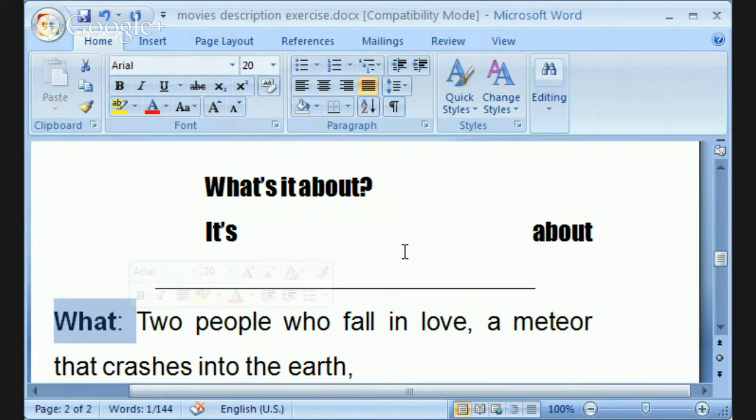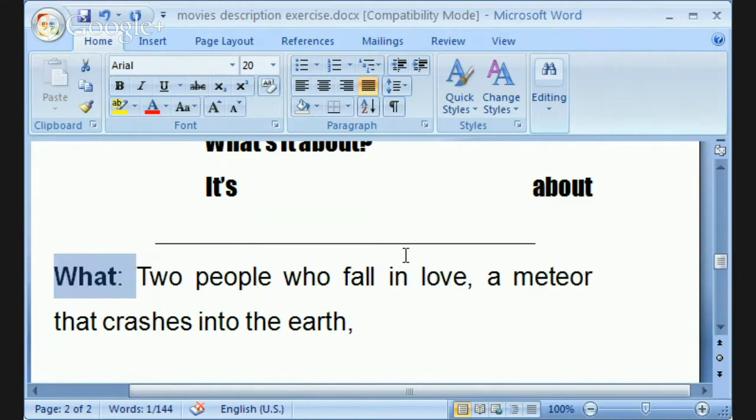If you're doing any of the English speaking tests, the standardized tests like TOEFL or IELTS or any other test like that, I can pretty much guarantee you're going to have to describe something as part of the test. This is really the key to success, giving detail. And to give detail, it's fairly simple. Talk about the who, the where, the when, and most especially the important part of your description about activities or actions, or in this case movies, is the what.